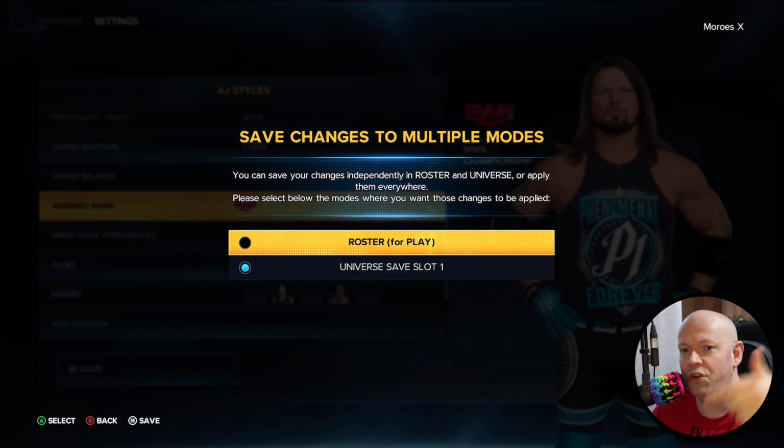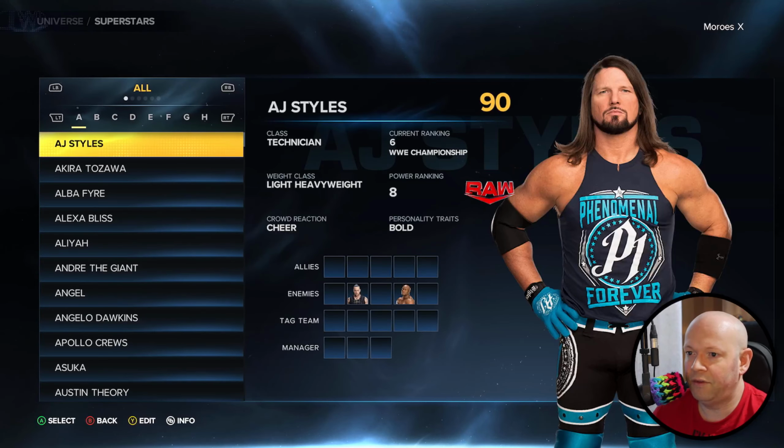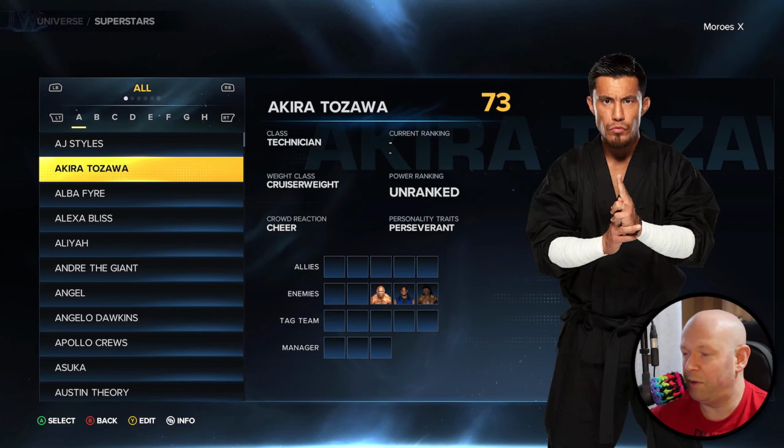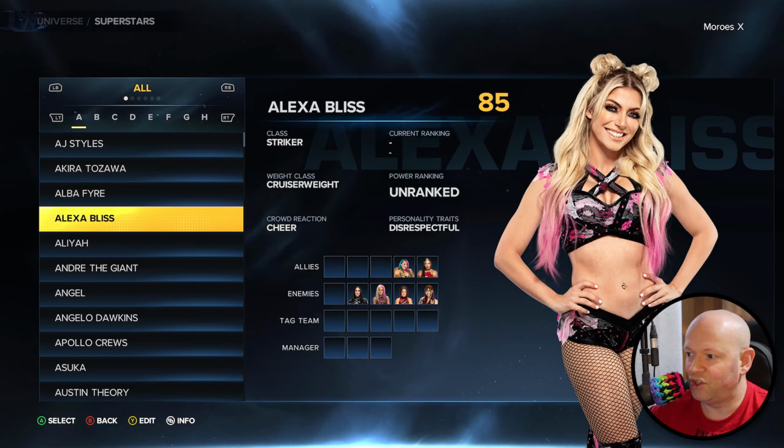If you have the other 2 active universe modes, you can select to copy those settings over to your other universe modes. Okay, then you save, then you're done. And you just go down. Maybe we'll add him to one show. And you can just see